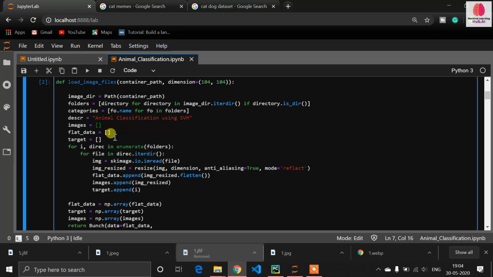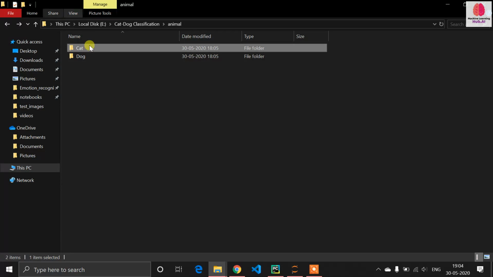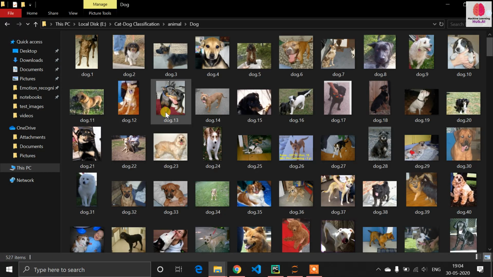Let's understand by looking at the images. If I open this, I am showing you all the images. There is one pattern in dog images, and you can see the pattern is different for cats. There is a pattern of a dog and a pattern of a cat, and both patterns will be different.